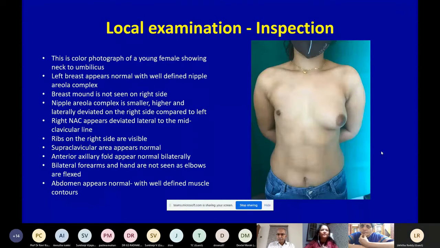So with that background, do you go with Poland syndrome in this case, or would you go with amastia or hypoplasia? My first diagnosis would be a hypoplastic breast and then amastia, but because I was asked to present it as Poland syndrome, that's the discussion. Okay, fair point. Go ahead.